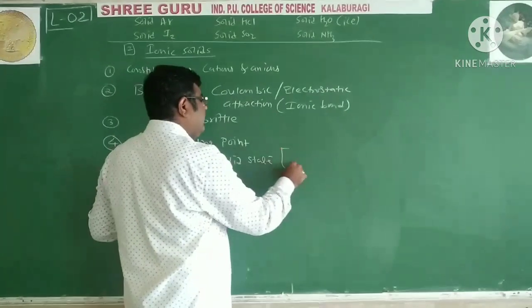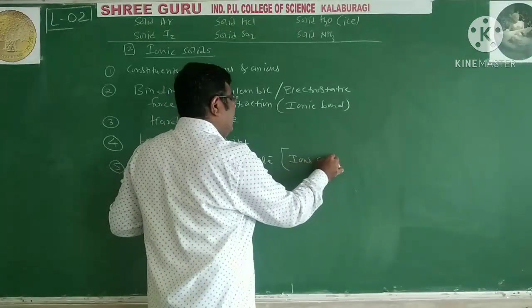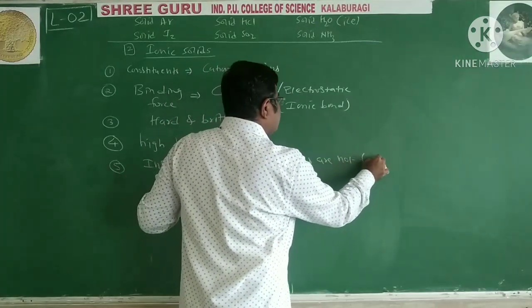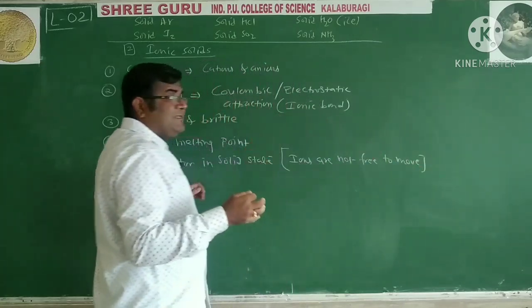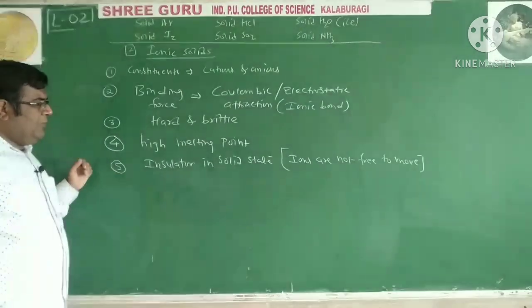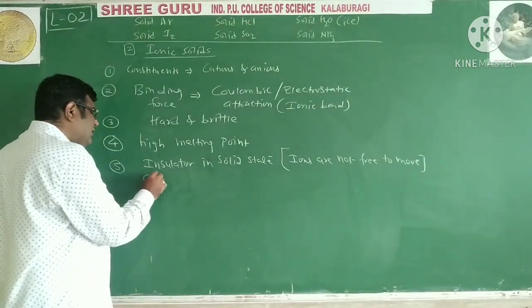Why? Because ions are not free to move. They are bonded by this electrostatic force of attraction. So they are insulators in solid state, but they are conductors